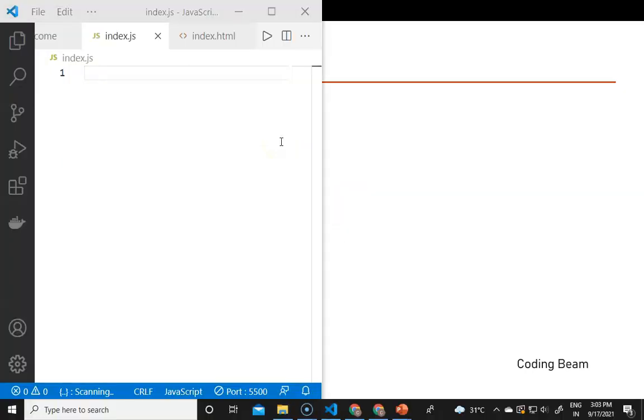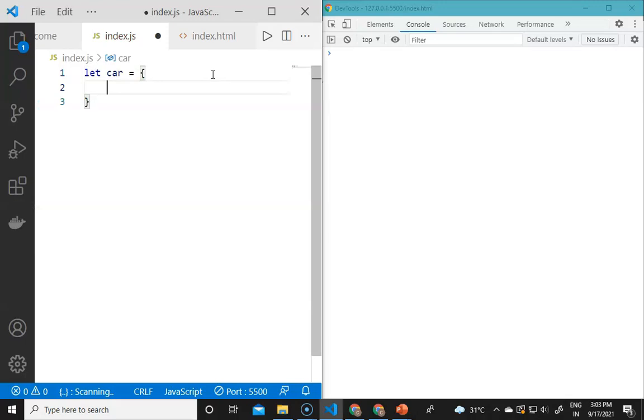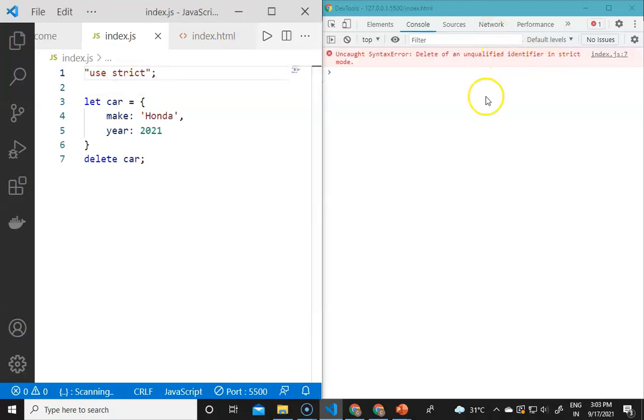If I go to index.js and the developer tools, and create a new object, car, with the make property Honda and the year 2021, and then try to delete this object with delete car, it will be okay without strict mode. But if I add "use strict" at the top of the code, it will throw us an error: delete of an unqualified identifier in strict mode.